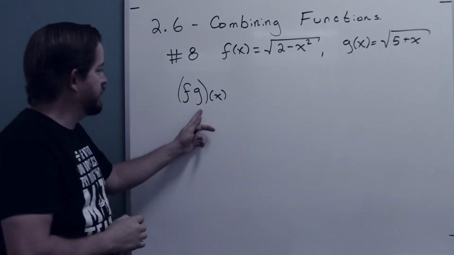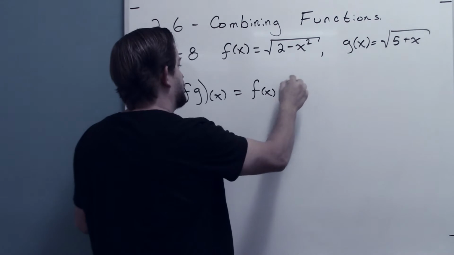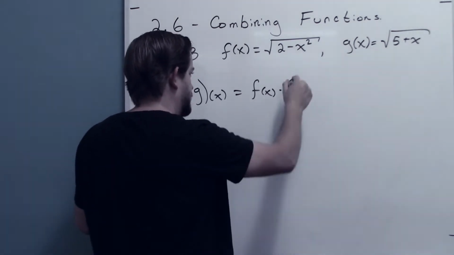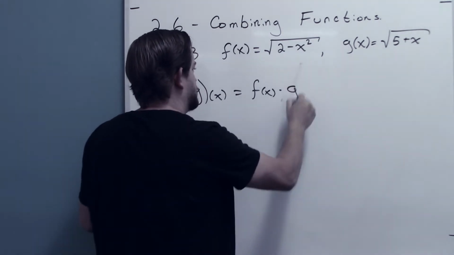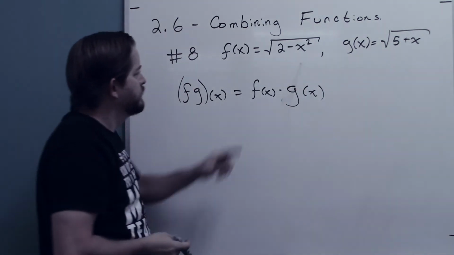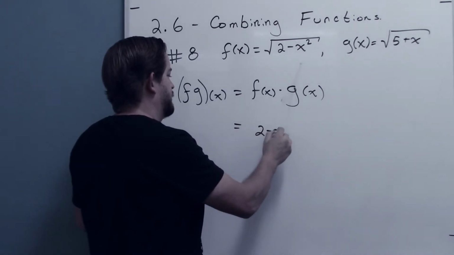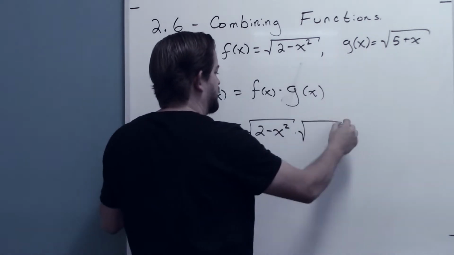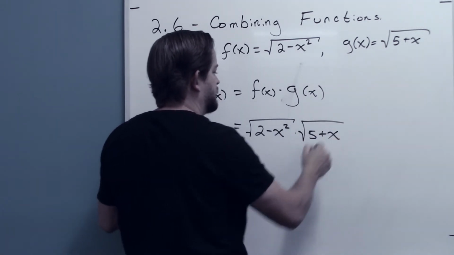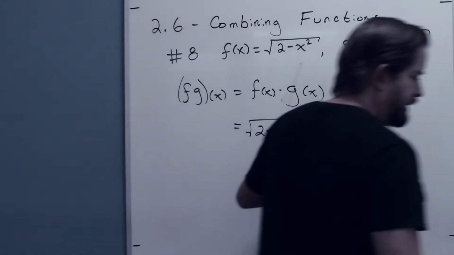And this is just the product of f and g, right? This is the same thing as just taking f of x and multiplying it by g of x. Can I make that a g? That's a terrible g. G of x, right? So that is to say I have the square root of 2 minus x squared multiplied by the square root of 5 plus x. And that's my answer, except that